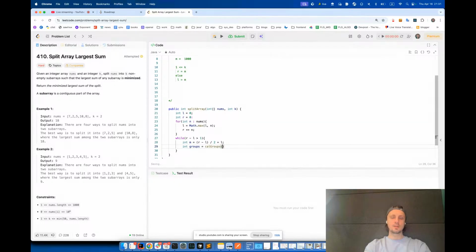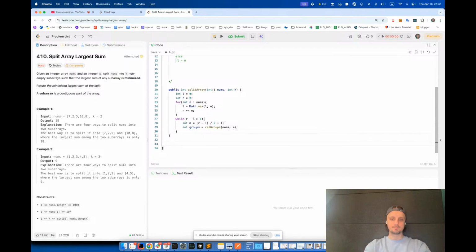So we know that we have some nums, and also we have m. So m is actually our, let's say the current sum that we can take into the groups. So here